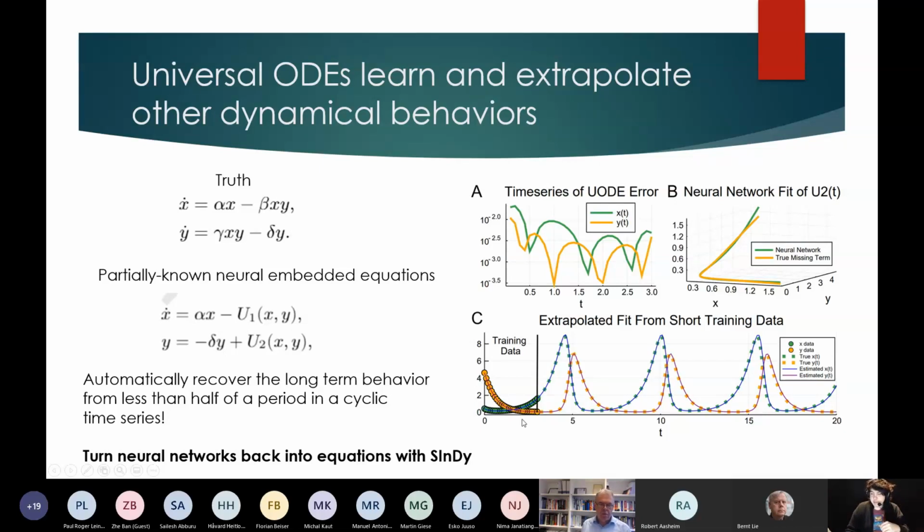We train it on data from 0 to 3 days, which is just the amount of wolves is dying off, the amount of rabbits is going up. We say take what you've learned and extrapolate, and then when we extrapolate this, it sees that there's going to be cyclic behavior in the future, right? So there is no cycle in the training data, but it's able to capture and learn from this training data that the way that this dynamical system should be existing, given what we see in the 0 to 3 days, should be something that is cyclic in the future, and it matches the cycle, matches the periodicity and all that, because it's found a sparse form.